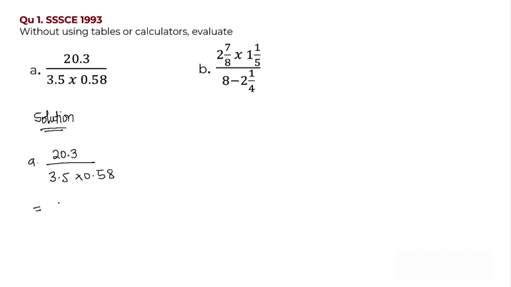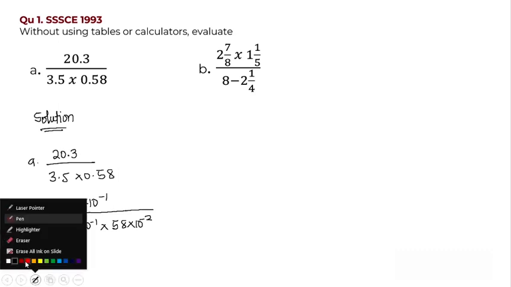So in this case, I'm going to have 203. I move the decimal place towards the right once, so it becomes times 10 raised to the power -1, all over here. I move the decimal place once, so it becomes 35 times 10 raised to the power -1, multiplied by here. I move it 1, 2, twice to have 58. So 58 times 10 raised to the power -2. Okay, so from here